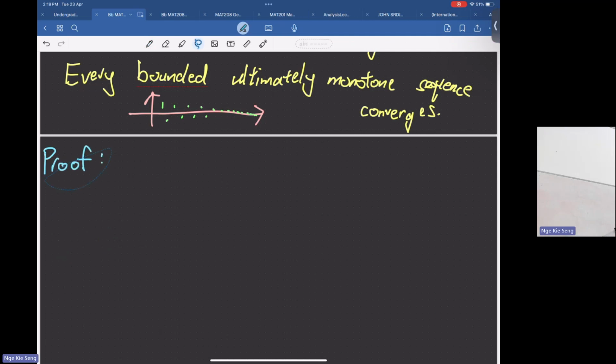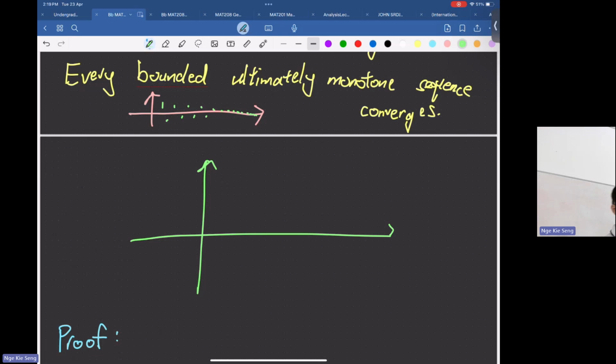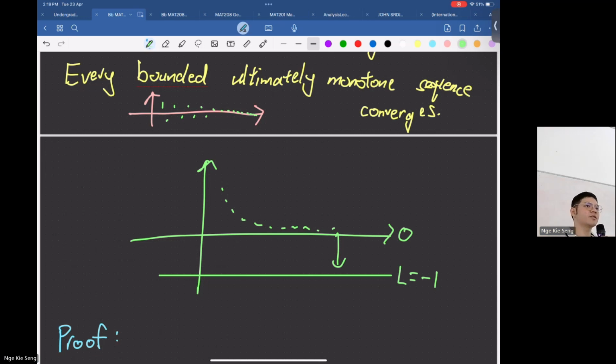I'm not sure you guys still remember or not. I'm not sure I included it in your test. Like I test you, if I have a monotone convergent sequence, let's say it is bounded by some limit like this. Let's say it converges to 0. And then it is bounded below by -1. Does it converge to -1 or not? Let's say this one is 1 over n. No, quite far, right?